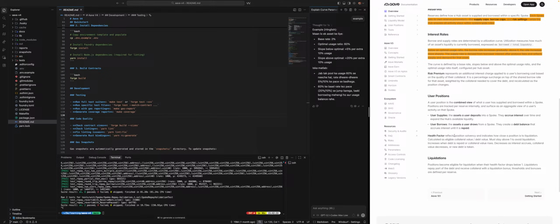Yep. A user position is the combined view of what a user has supplied and borrowed within a spoke. User position is a combined view of what the user has supplied, be it as a supplier or as collateral, and what they have borrowed within a spoke. Spoke, as you can recall, is